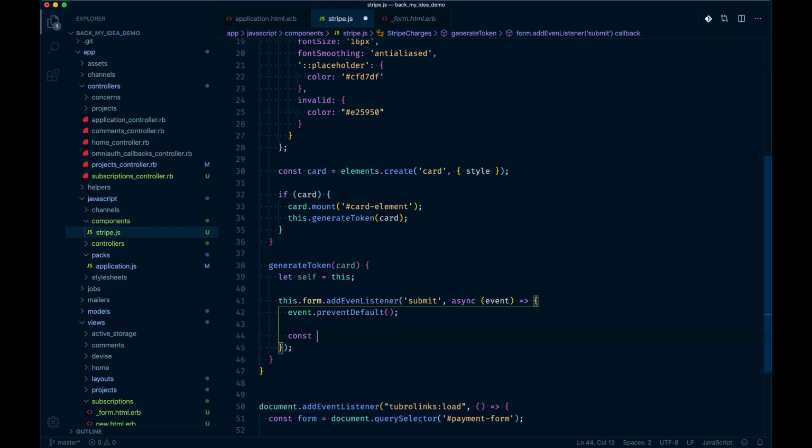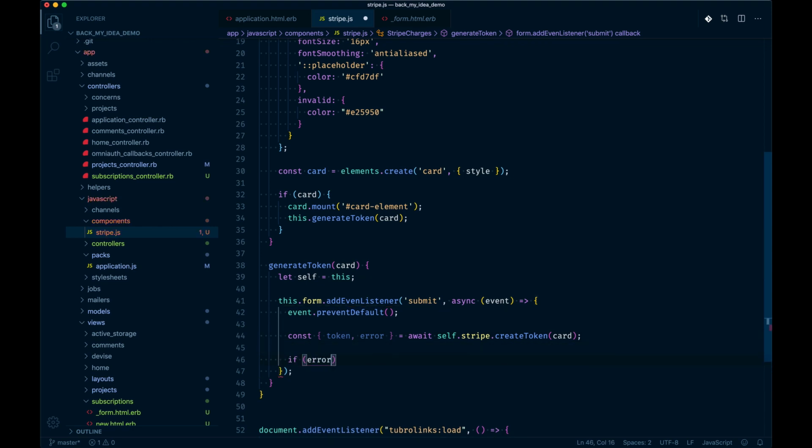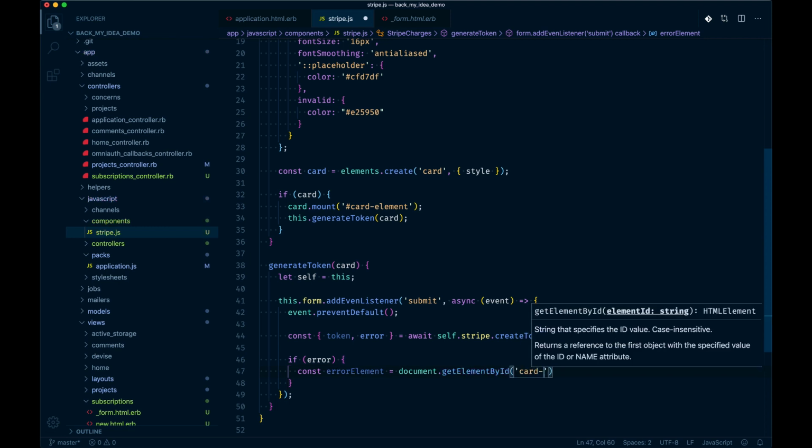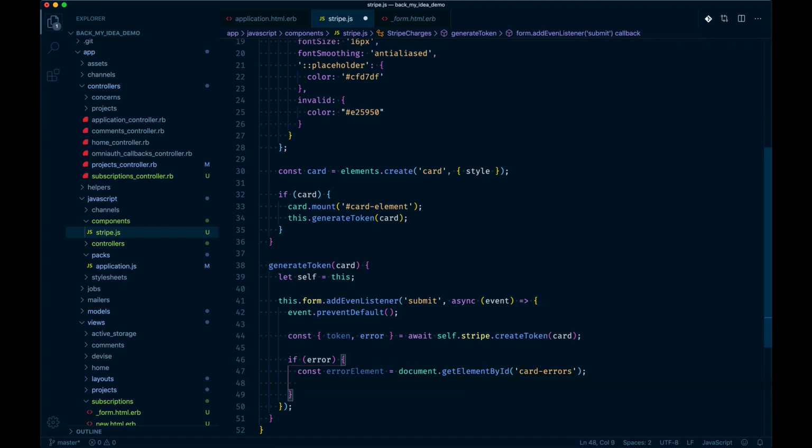And then we get const token, error, const error element, document.getElementById card-errors, error element